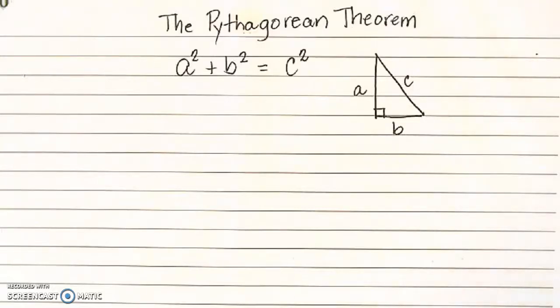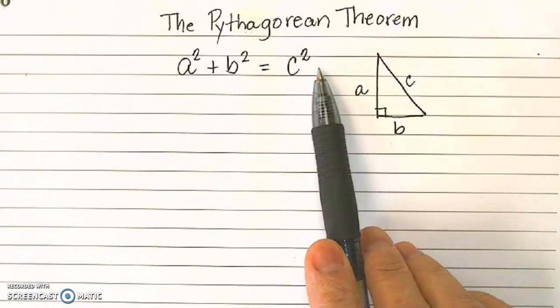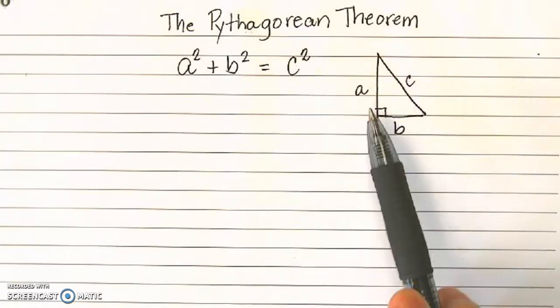Today we're going to discuss the Pythagorean Theorem. The Pythagorean Theorem was discovered by Pythagoras. He is a mathematician, and the theorem goes like this: a squared plus b squared is equal to c squared, where the a and the b are the legs of